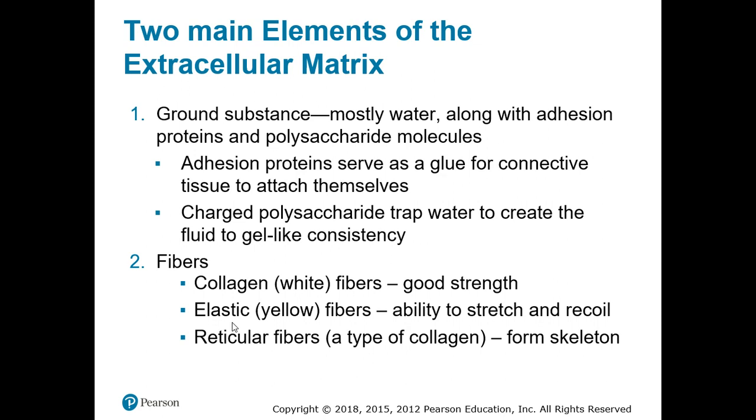Now, there are two main elements of an extracellular matrix. The first one is called ground substance, and the second one is called fibers. If we start with ground substance, it is mostly water. It does have some adhesion proteins and polysaccharide molecules within it. Adhesion proteins serve as the glue for the connective tissue to attach themselves, and